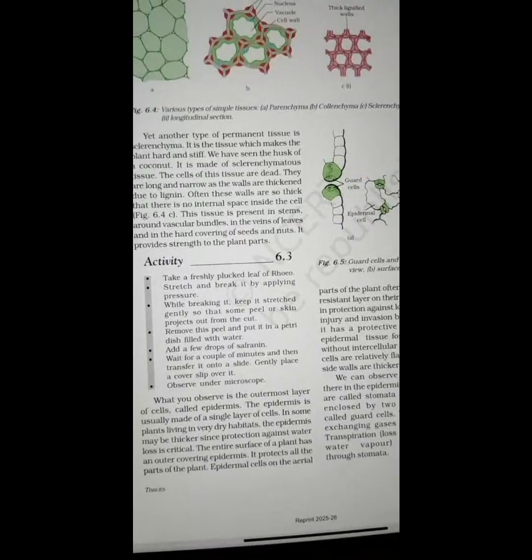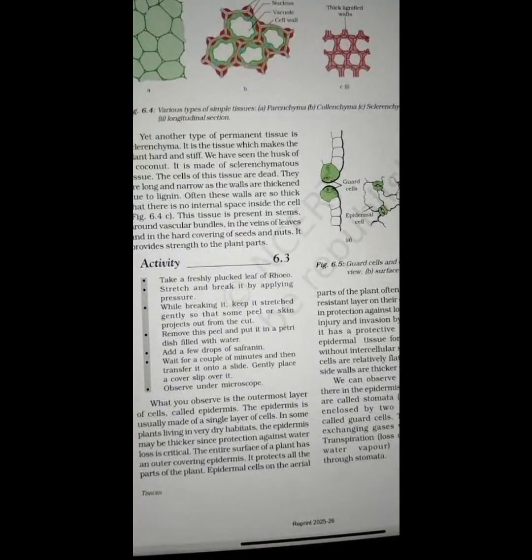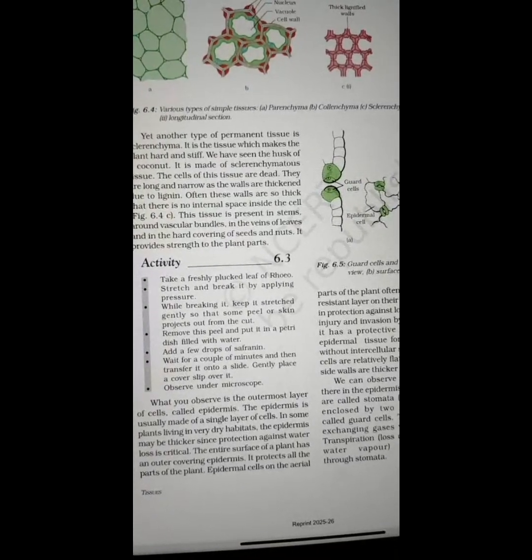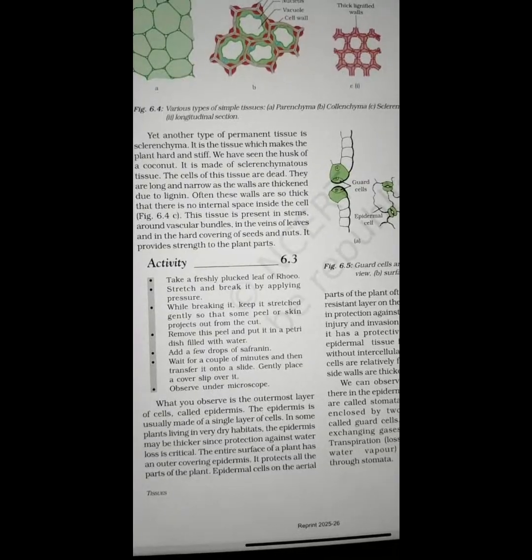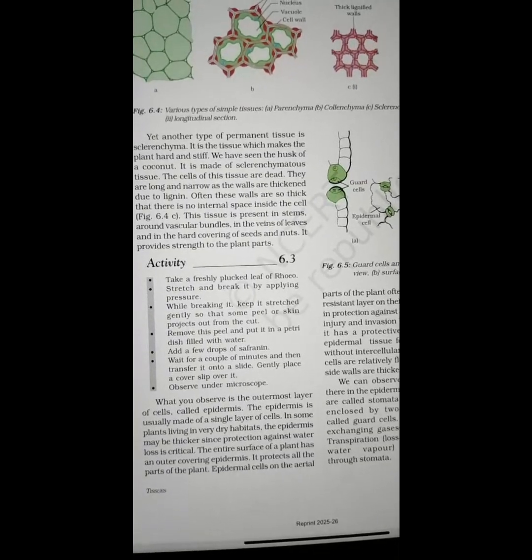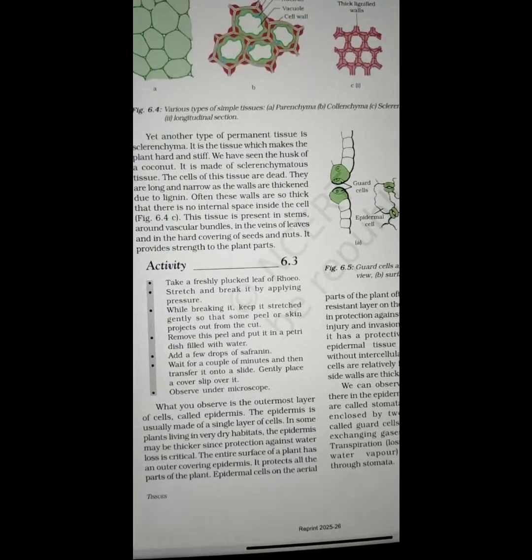Now the last paragraph here. What do you observe? What you observe is the outermost layer of cells called epidermis. The epidermis is usually made of a single layer of cells. In some plants living in very dry habitats, the epidermis may be thicker since protection against water loss is critical. The entire surface of a plant has an outer covering, epidermis. It protects all the parts of the plant. Epidermal cells on the aerial